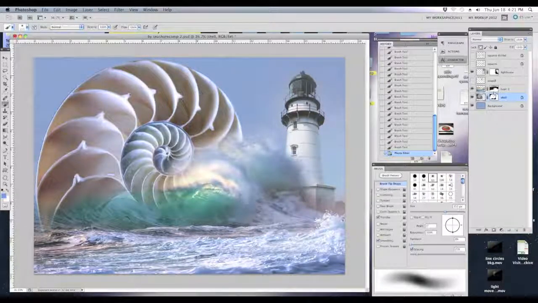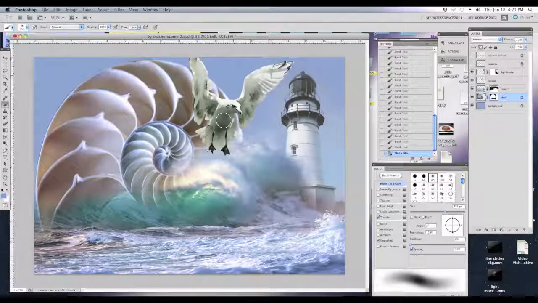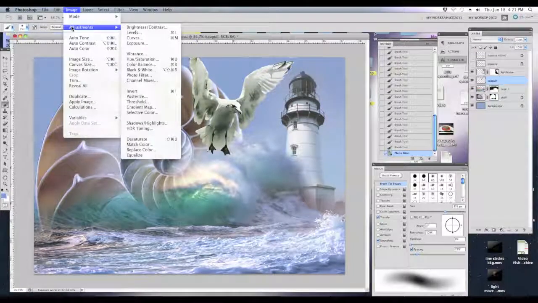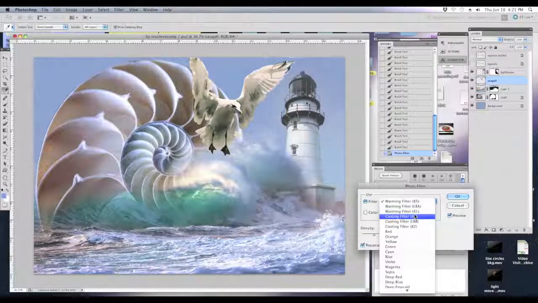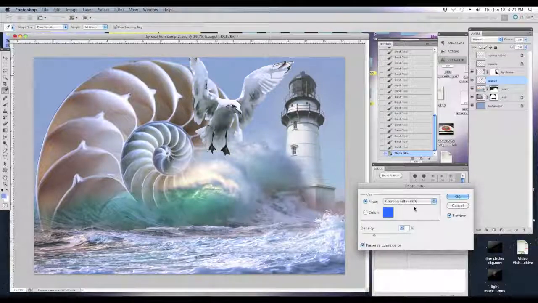Okay, now let's go to the seagull and see how the seagull, there's a lot of greens in here that just doesn't fit. So again, we can do the same thing with the seagull. Come up here to the seagull, make sure you got that clicked, Image, Adjustments, and let's see, Photo Filter. Okay, now that warmed it up. That's not what we want. We want to cool it down, but we may choose a different cooling because that's going to be a little too blue,